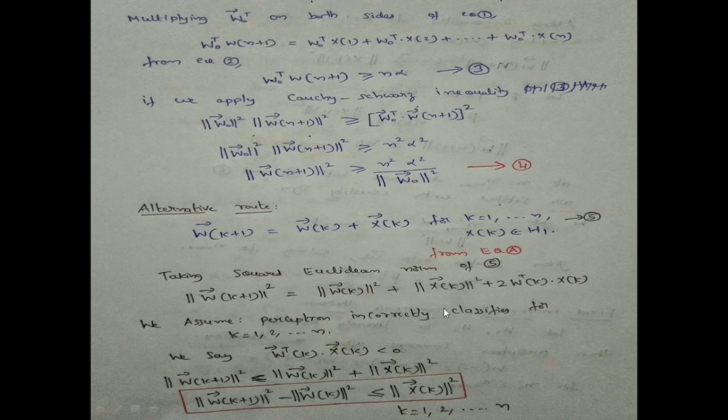Because the perceptron incorrectly classifies, we can say that W transpose(k) x(k) is less than 0. That is the reason we have written W transpose(k) x(k) is less than 0. So as W transpose(k) x(k) is less than 0, the relationship between the norm of W(k+1) squared